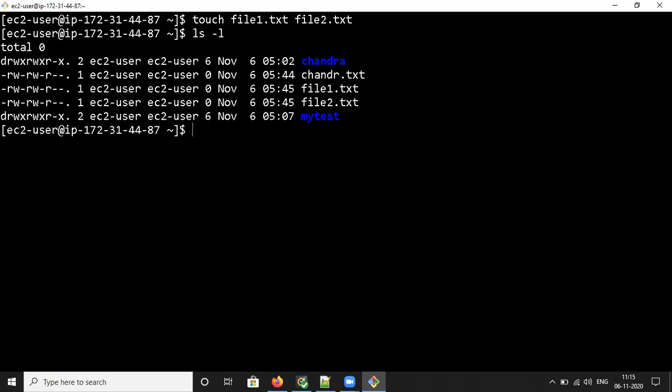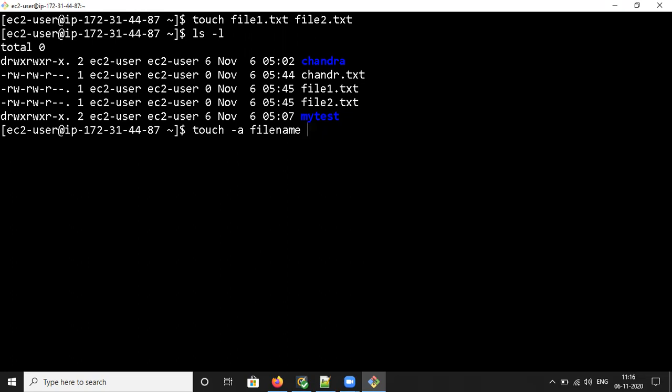One more option is touch -a and the file name. What will it do? Guys, keep listening, this is more important. If you are using the touch command, -a means access time.